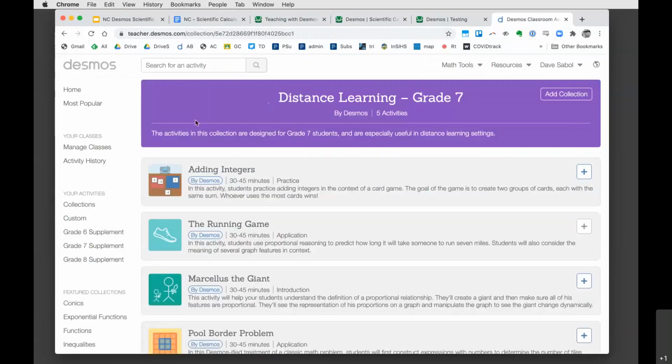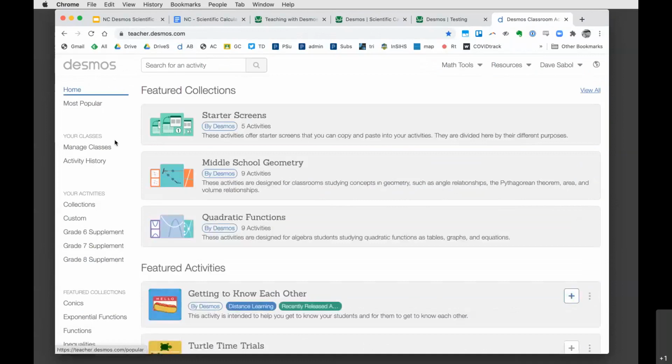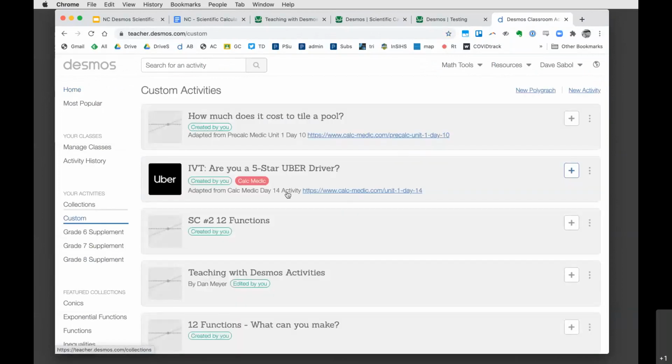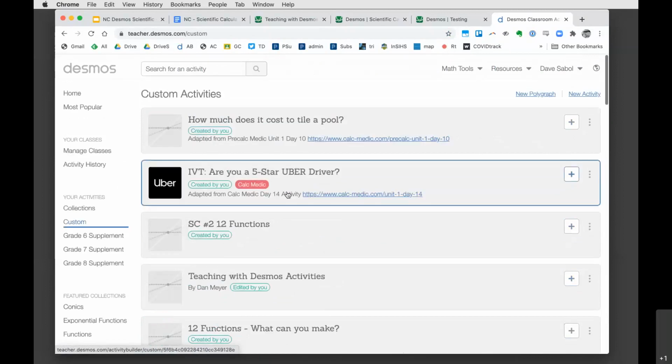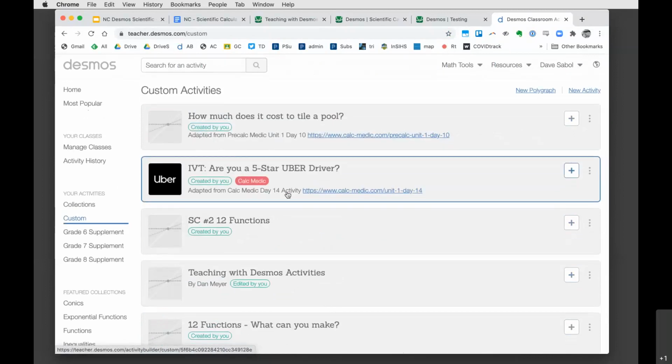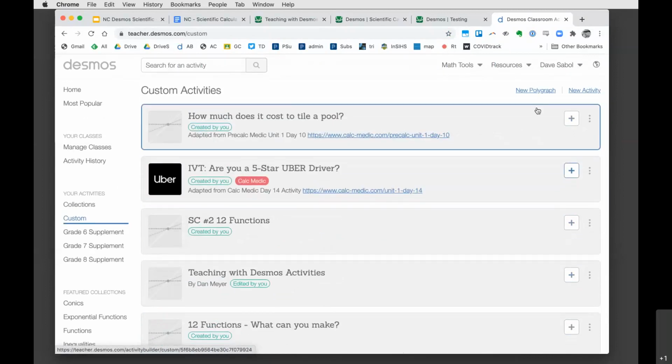So here we are. We're on the main page. Custom activities. I have some extra stuff here that you might not see on yours, but custom activities is where you want to go. Here's where you see every custom activity that I've ever made. It also includes a lot of activities that I copied and edited from other folks. But if I hit new activity here,